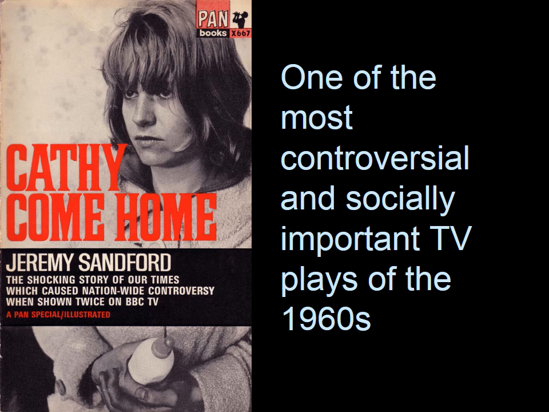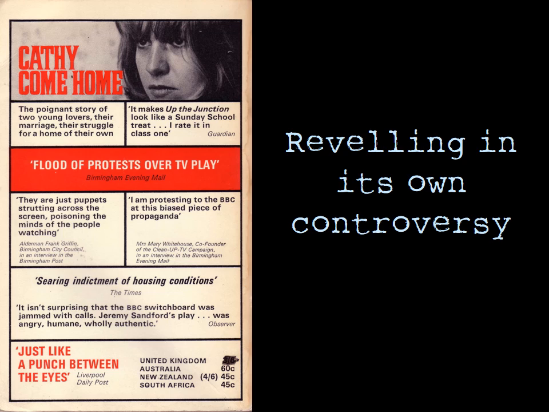Cathy Come Home was a dramatic and important play that was filmed and put onto TV in the late 60s. And what it did was completely galvanise a debate which had really not reached the public's imagination until this film was produced. Essentially what happened was that in the story, a young mother is passed through a series of poor housing options by local authority, indeed ends up being deliberately separated from her husband, and then at the end of it, her child is repossessed and taken into care because it's determined that she is incapable of finding her own accommodation.